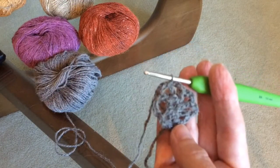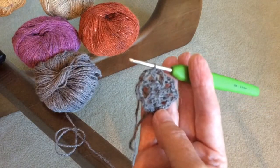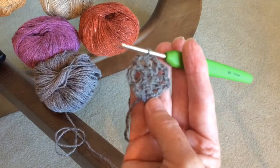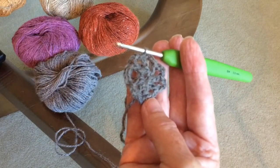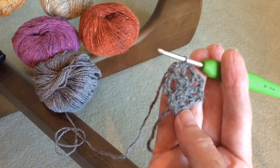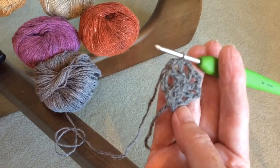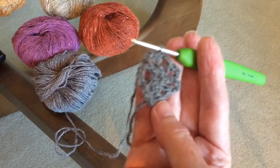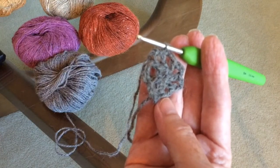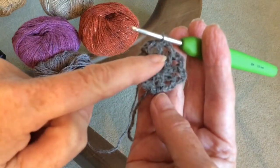Release 5, the framed flowers motif, starts with a 5-chain ring. It's quite tiny, so you make 5 chains and slip stitch together. Round 1 reads, using first color, 6 chain, counts as one treble and 3 chains, and then in brackets 1 treble into ring, 3 chains 7 times. So use 6 chain,